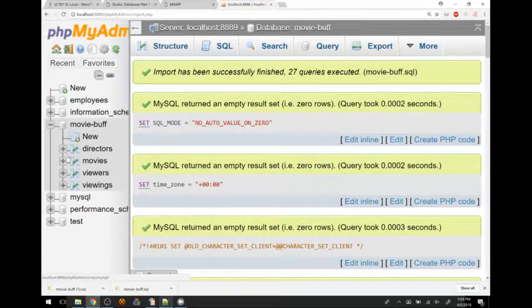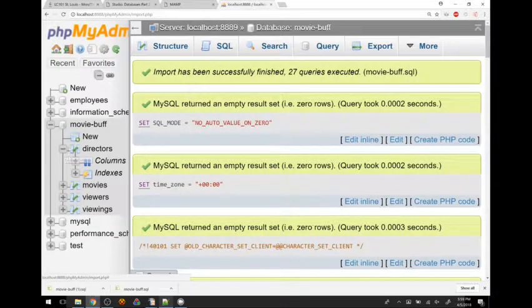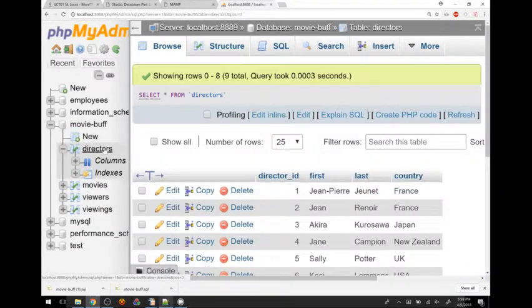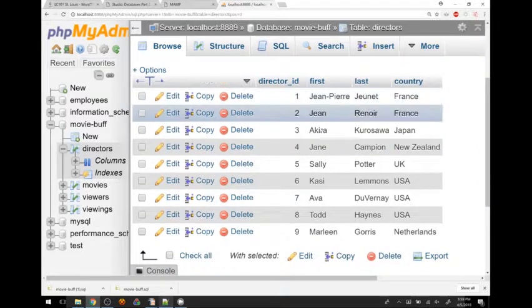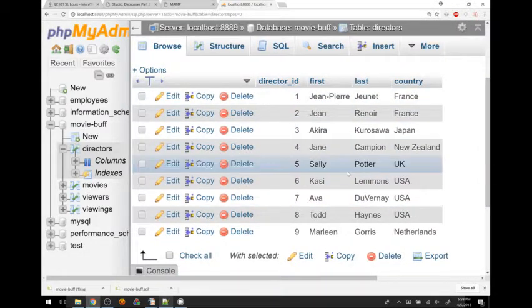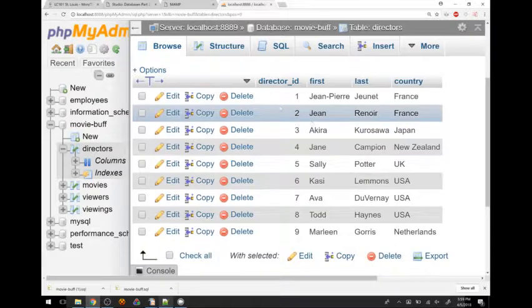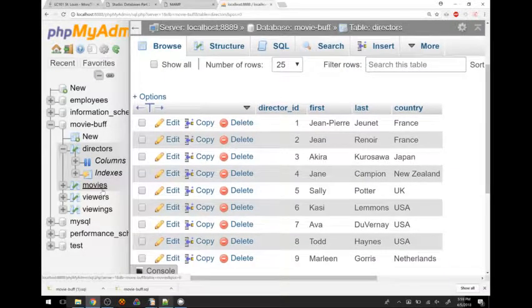And you can actually see over here that, hey, we have tables now. Those tables that we saw in the code actually exist. And you can play around with those a little bit in phpMyAdmin. So for example, if I go to the directors table, you can just click on it and see, oh hey, this is the actual data that's in the table. There's the directors. Same thing for all the other tables. So it's all here, I hope.